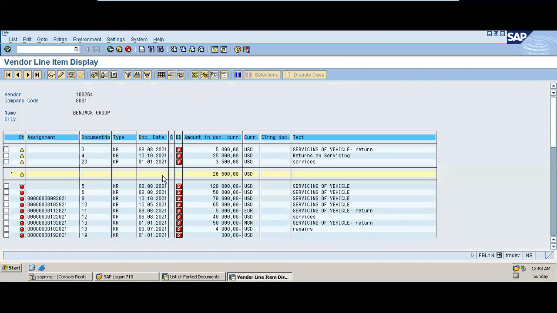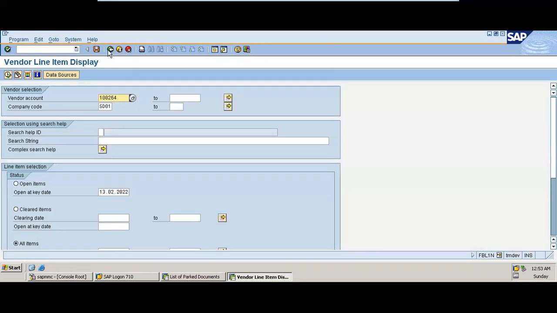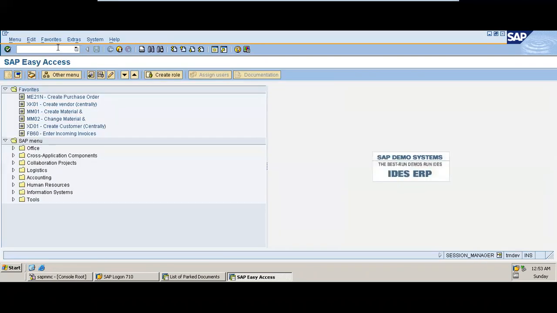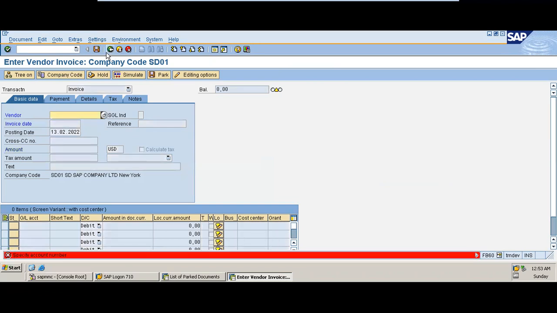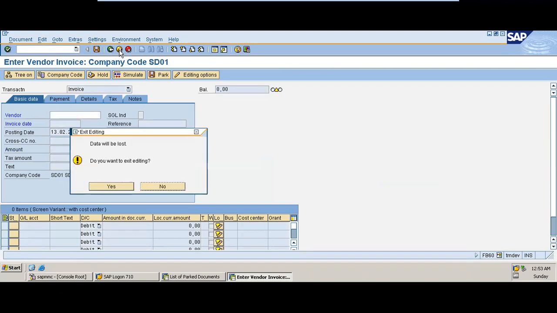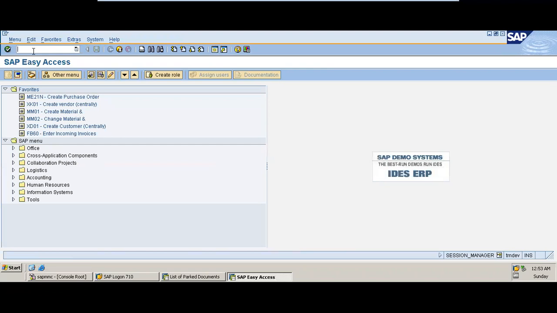So let's say go to FB60, you go to extras. That's if you have actually posted one. So let's say, just trying to show you an extra functionality, go to FBV0,